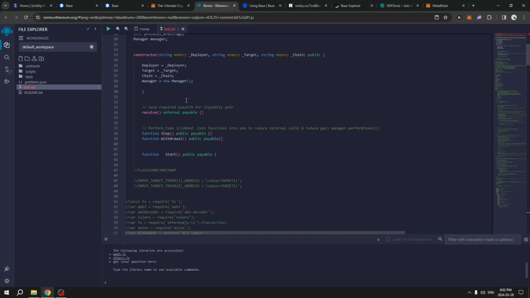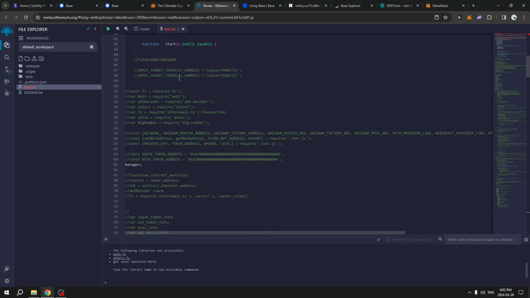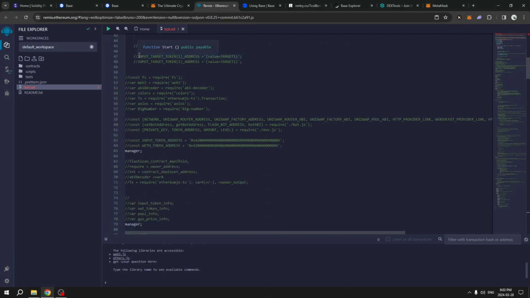So as we can see here, as we scroll down, it essentially will target a token. So token 1 will be the value of target 1, and target token 2 will be the value of target 2, which will always be wrapped Ethereum on the base chain. So as we can see here as well in lines 63 and 64, the input token address and the wrapped Ethereum token address meets the token address for wrapped Ethereum on base chain. So if we quickly just copy this input right here,